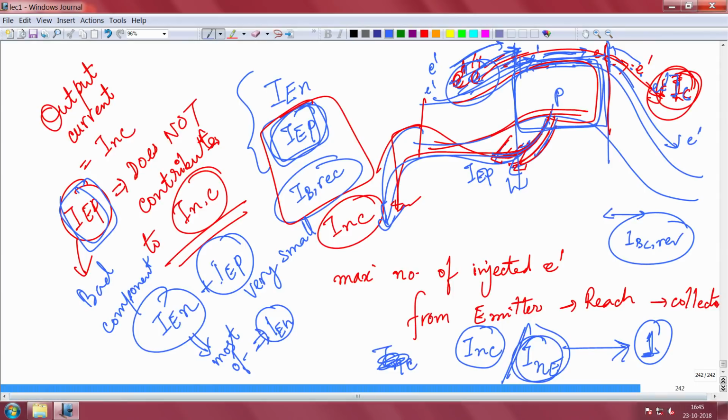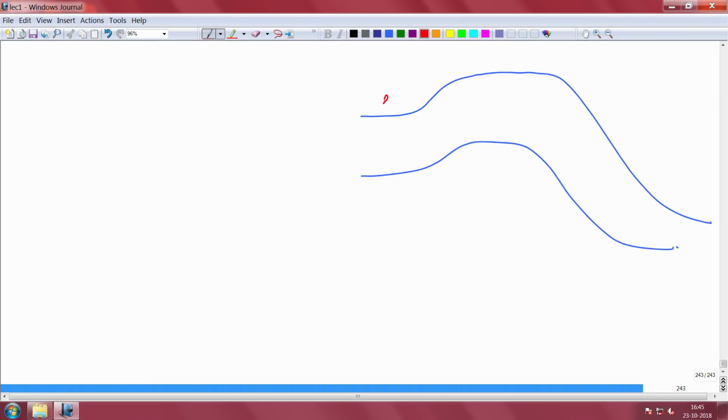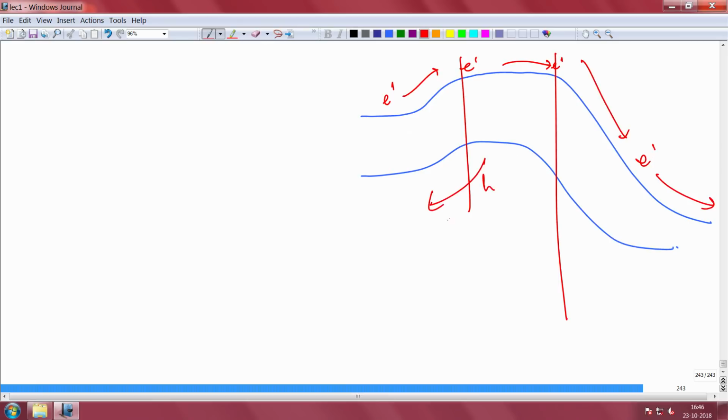So there are some terms that people define, okay. We can also define those terms because those are very important in understanding the transistor. So I will again draw the band diagram here. So this is base emitter forward bias, this is base collector reverse bias, okay. Electrons that are injected here, some of them recombine, some of them reach here, maximum reach here. Once they reach here, they are swept away and collected here. The holes are also back injected, which is a useless current component IEP. This component is IEN, and the collector current you get here is INC, okay.